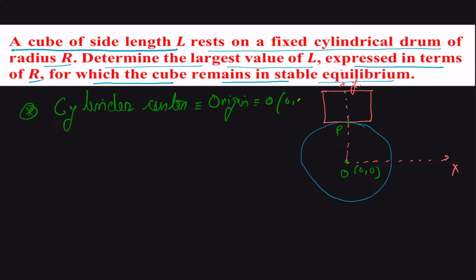O coordinate is 0, 0, and along with this we are interested in angle theta because the cube has a length L, and this cube has a tendency to rotate, so we have to take an angle theta,